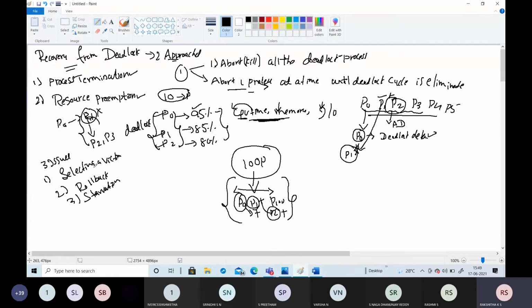So first one is selecting a victim. First you have to look at the processes and select. For example, P1, P2, P3 are different processes, and some resources are allocated to them. Say P1 is allocated all the resources like R1, R2, R3, but P0 or P2 are not allocated any resources. Then the system has to forcefully release the particular resource from P1 and allocate it to another process. That is selecting a victim, so you have to select in a correct manner.